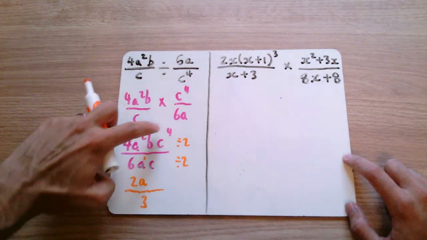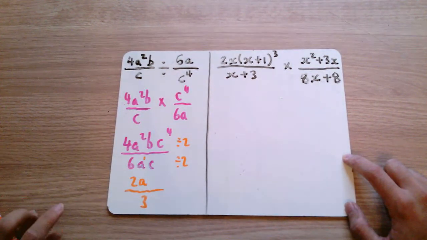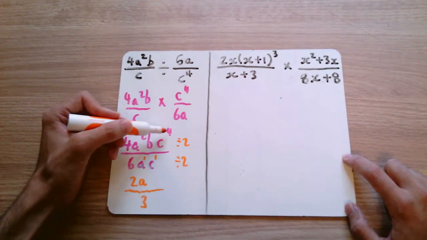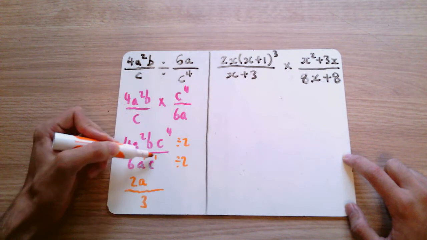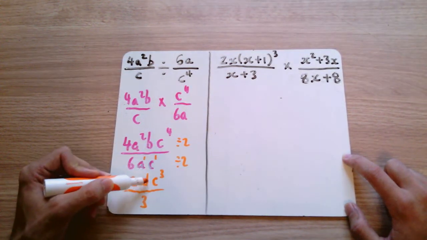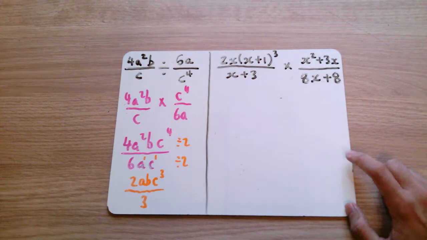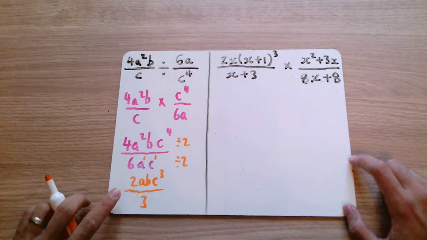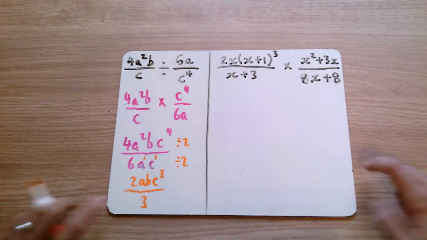We then have c to the 4 divided by c, which is going to give us, if we think of our numerators again, so if we think about our indices as well, c to the 4 minus c to the 1 is c cubed, and we also have this value of b, which has not cancelled out at all. And there we have it. We now have on the numerator 2abc cubed divided by 3. That is a fully